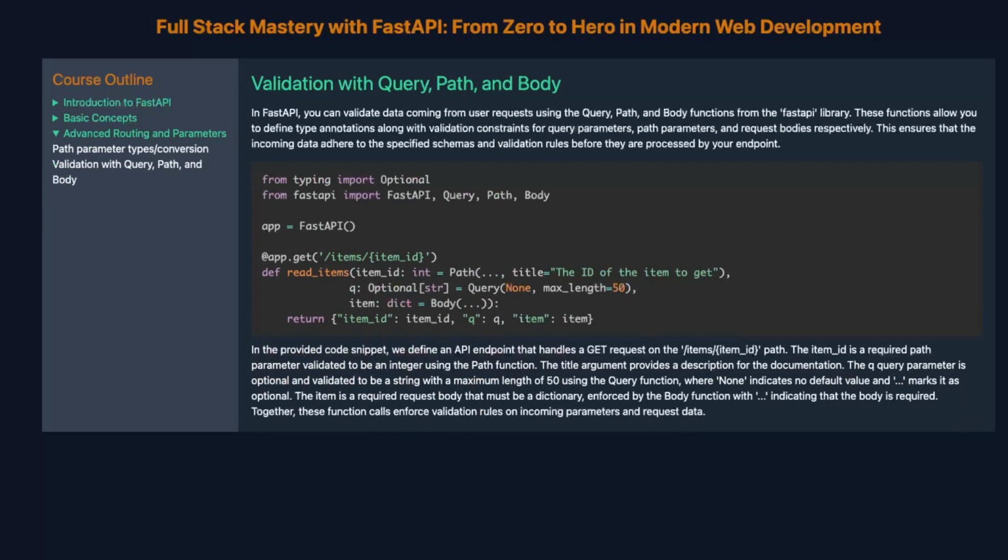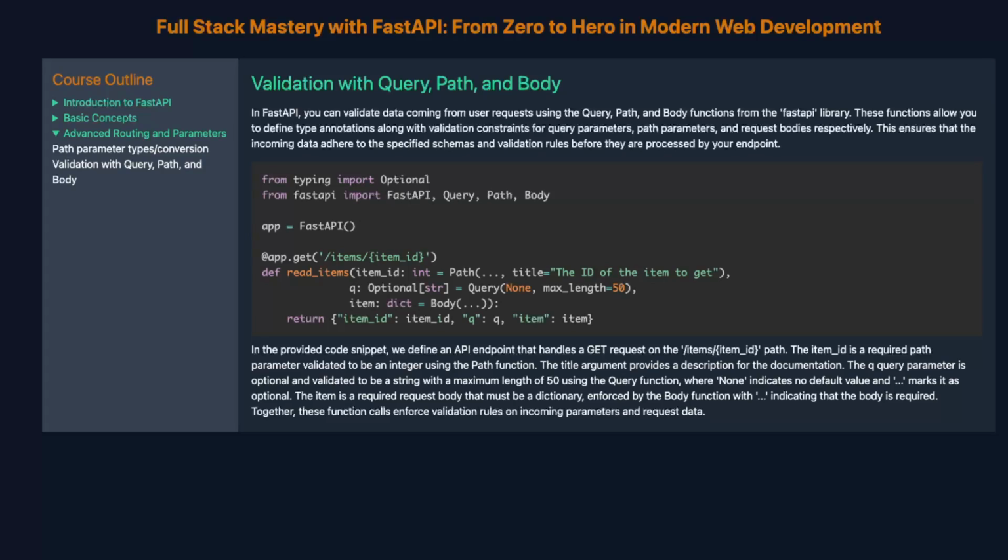Validation with Query, Path, and Body. In FastAPI, you can validate data coming from user requests using the Query, Path, and Body functions from the FastAPI library. These functions allow you to define type annotations along with validation constraints for query parameters, path parameters, and request bodies respectively. This ensures that the incoming data adhere to the specified schemas and validation rules before they are processed